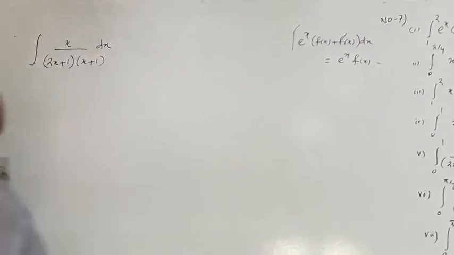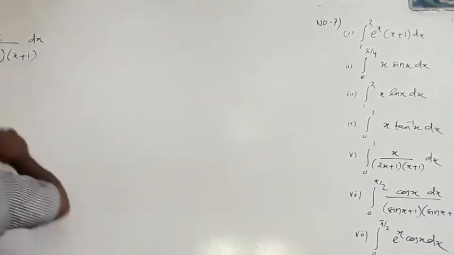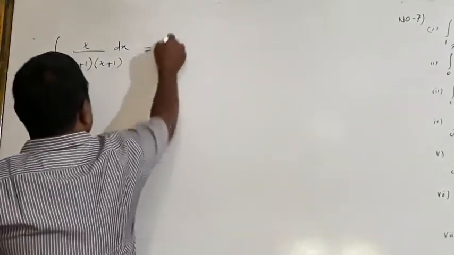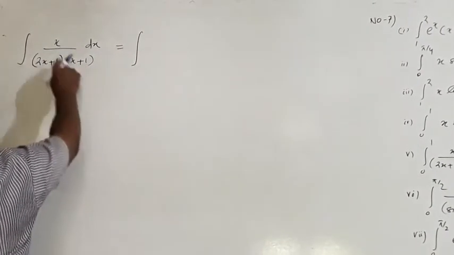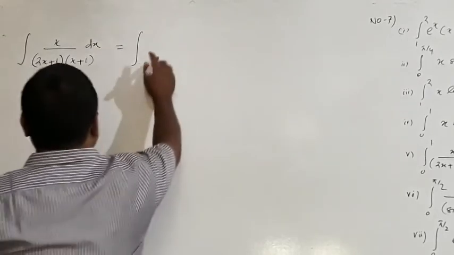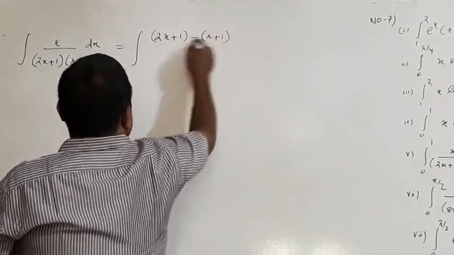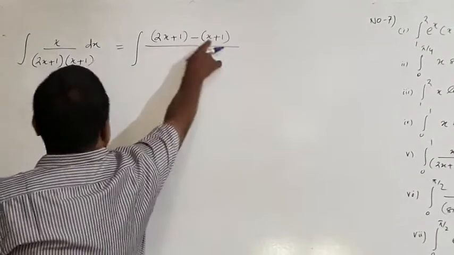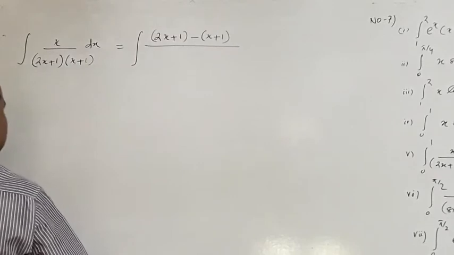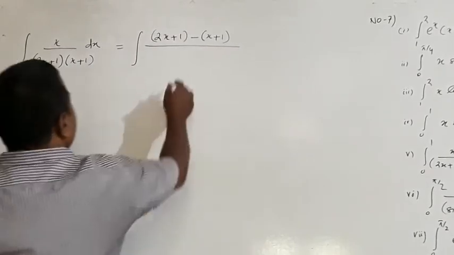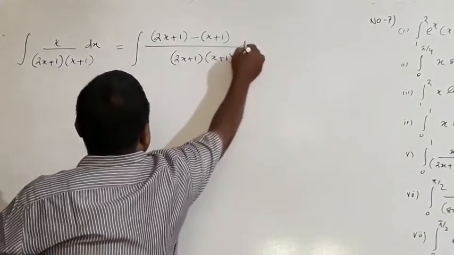Actually, when you solve this problem by partial fraction, it will be very lengthy, mind it. But in this method, what I am doing is, only x here, 2x plus 1 here, x plus 1. There are two constants. So what you will do, just subtract 2x plus 1 minus x plus 1. Tell me what will happen: 2x minus x, x; 1 minus 1, 0. So you will save 3 to 4 minutes in the exam, with 1 by 2x plus 1. This is the tricky method. No one will cut your marks.